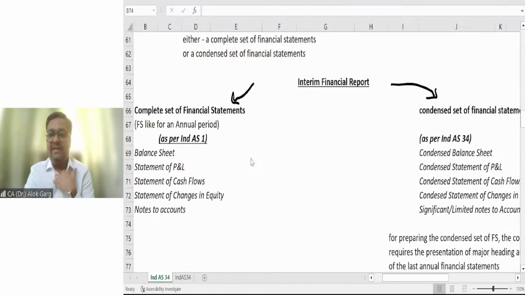Gauri Sankar is asking, can an auditor give a qualified report for one quarter and an unqualified report for another quarter? Yes, Gauri, you are right. And I'm very happy to see the questions which the students are asking, right? And the questions are more practical in nature rather than theoretical. Hats off to you guys. So to answer your question, and I'll elaborate this question to the benefit of everyone. So what Gauri is asking, he is asking,